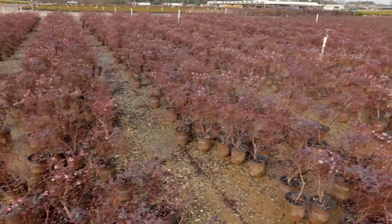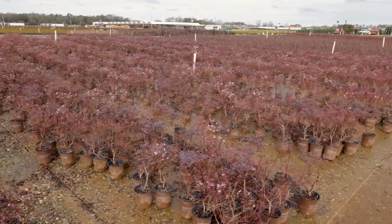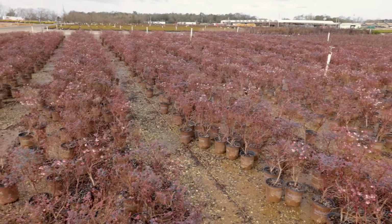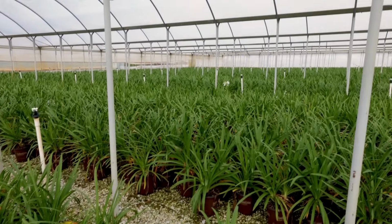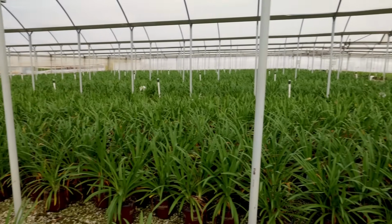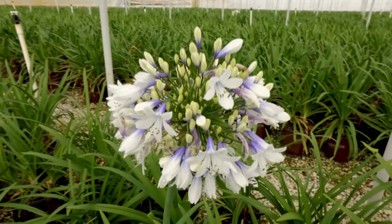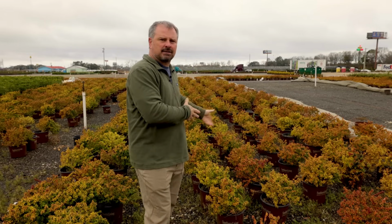I found another crop of blueberries. This is Hello Darling. I have one of these planted at my house that you guys can see this year, but they have a big crop of 1 gallons here that are available. Okay, so I've come into a house full of agapanthus, and I saw there was a couple varieties of agapanthus available on the website right now, and they told me there'd be more varieties over the course of the season, but look at this thing in full bloom. So I'm standing in front of some beautiful kaleidoscope abelia right here with their winter color on them